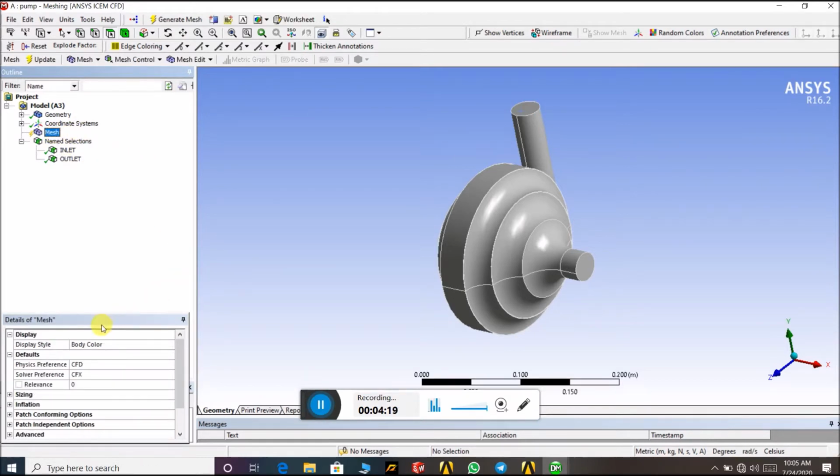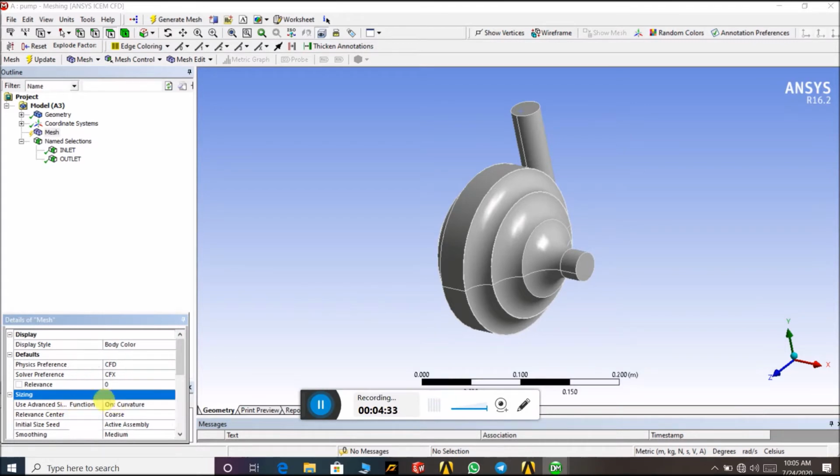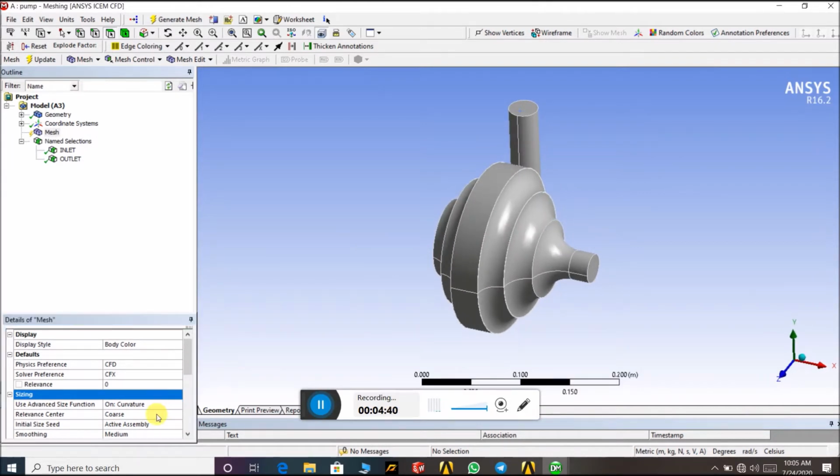One of my friends, Jiten, is asking me a question. He had a problem in the meshing. So we have to set use advanced size function. If we get any problem in the meshing, we have to put the proximity and curvature method.